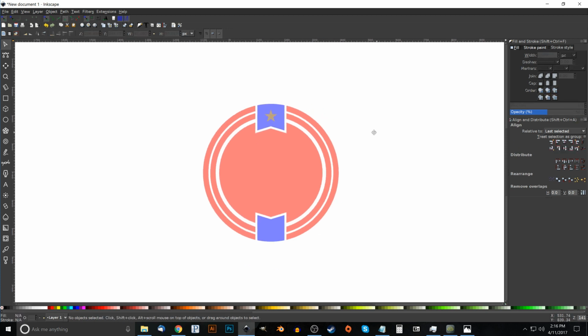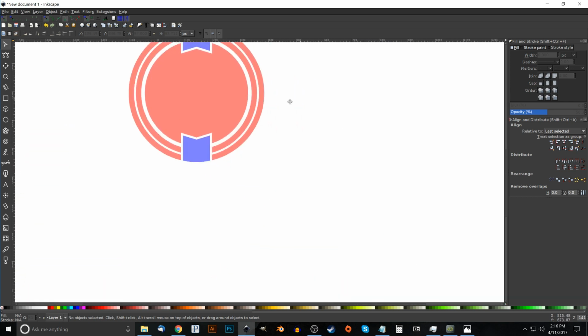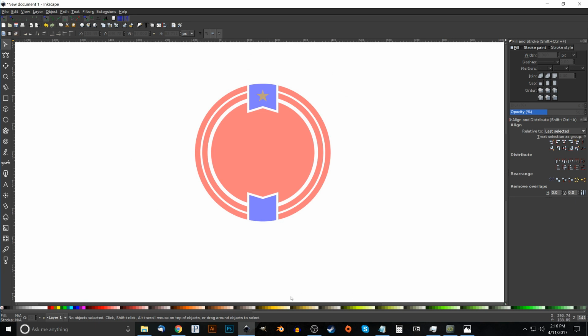Click off of it to deselect. And to move the page around, I'm just pressing down the mouse wheel and moving the mouse. So that's how you can do that. Or there should be scroll bars on the bottom and the right side